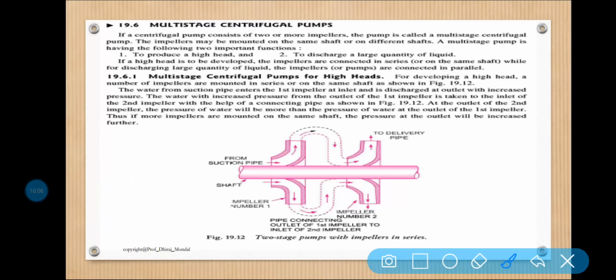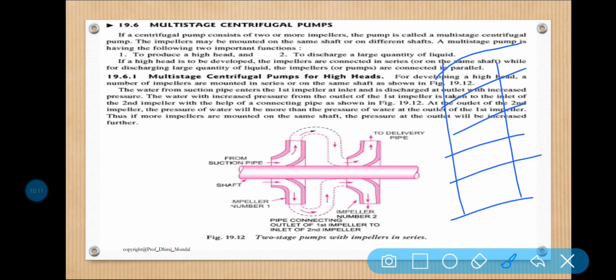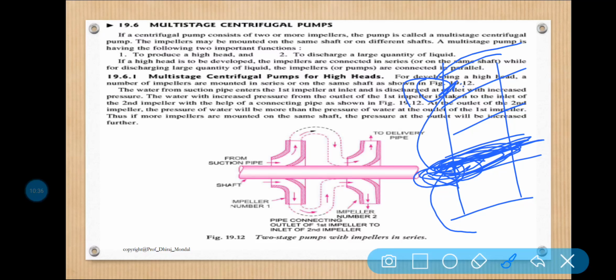So what is the application of this? Let us consider this is your fifth floor building. Now the capacity of the pump is like it can deliver water from ground floor to the second floor, but I have to place the water in the sixth floor. So I want to install another pump which will be producing this water, whatever is available here, in the fourth floor, and another pump is used on the same shaft, and this water is placed in the sixth floor, like this.